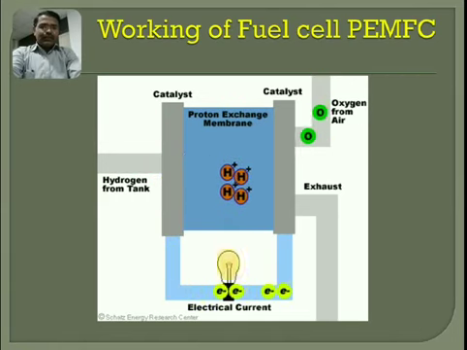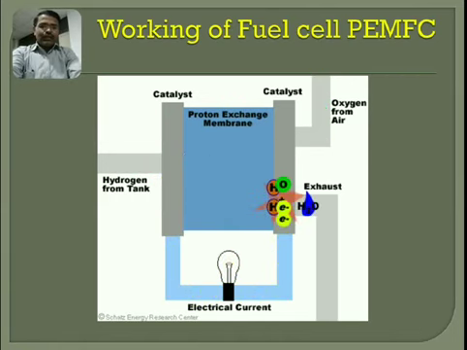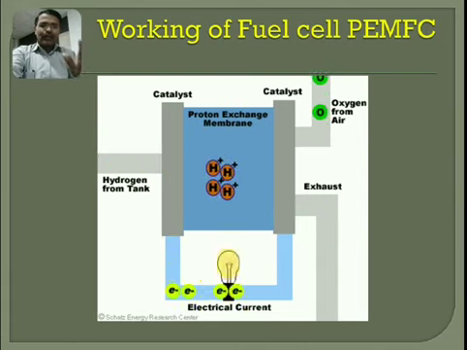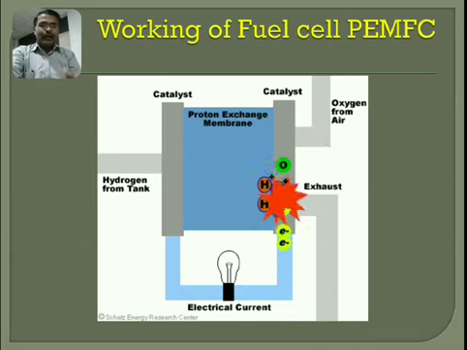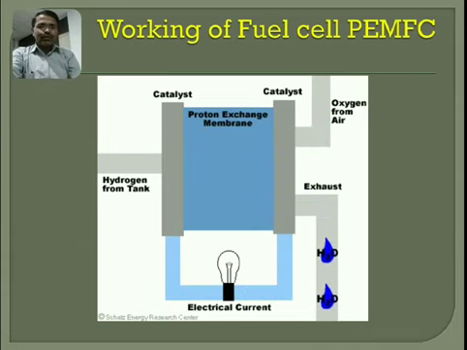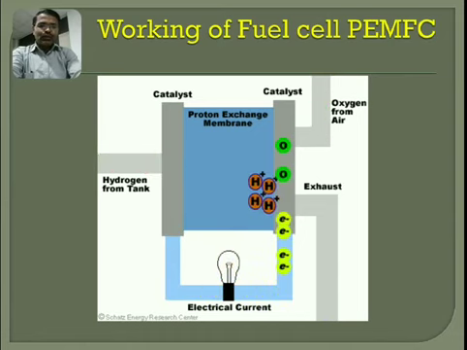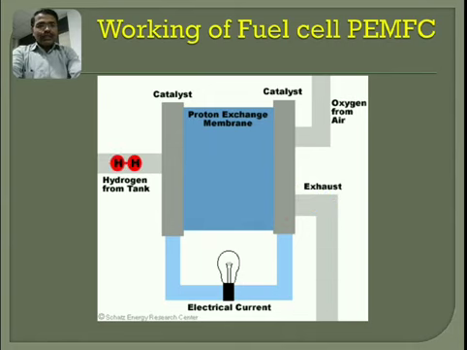This is the general working of a fuel cell. In one of the previous videos, I have given this mechanism just for understanding the concept of a fuel cell in a better way. You can see the hydrogen is coming from the left hand side. It is getting converted into H plus ions and passes through the electrolyte. Simultaneously, the oxygen is coming from the right hand side.